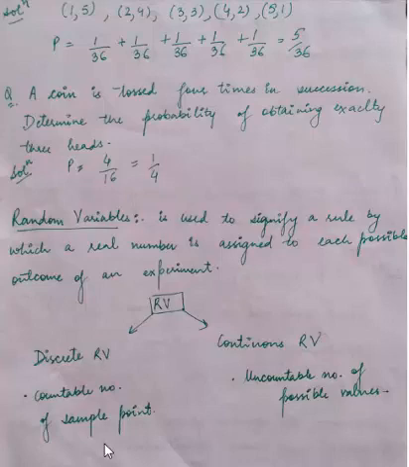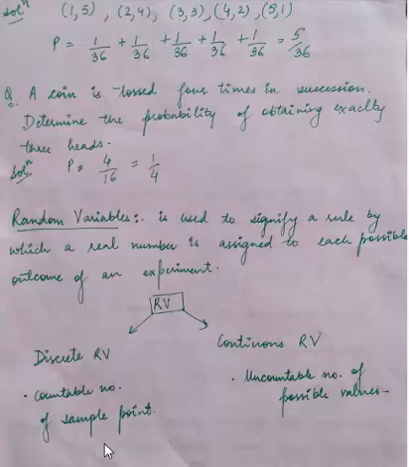First is the discrete random variable. A discrete random variable is one which may take on only a countable number of distinct values such as 0, 1, 2, 3, and so on. Discrete random variables are usually counts. Or we can say it applies if the sample space S contains a countable number of sample points. For example, the sample space S contains head comma tail, only 2 countable sample points or elements.